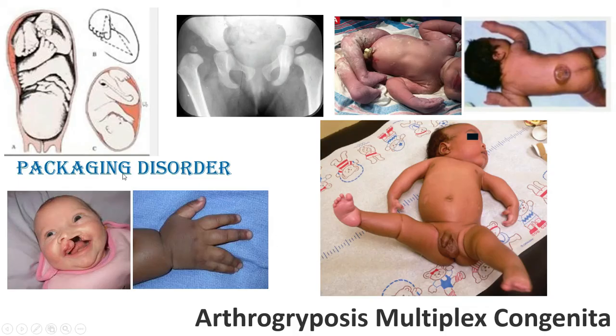Now, when we get a case of CTEV, we should take an overall skeletal survey to find out whether any other congenital association is present or not. Like from the hip, we can do a clinical examination, Ortolani or Barlow test, to delineate whether there is congenital developmental dysplasia of the hip. This is the deformity of the hip. In that case, the hip is generally dislocated.